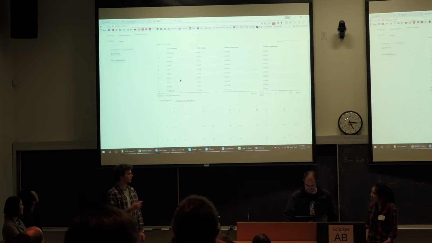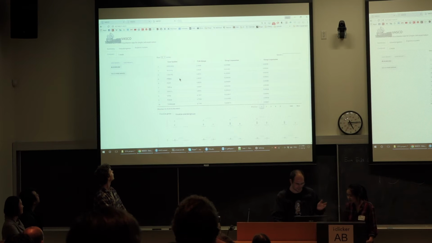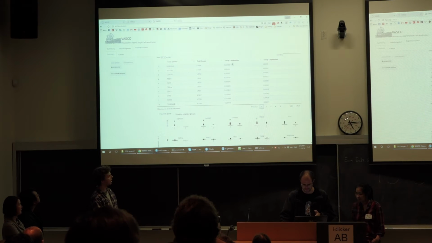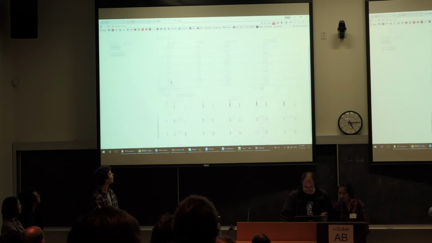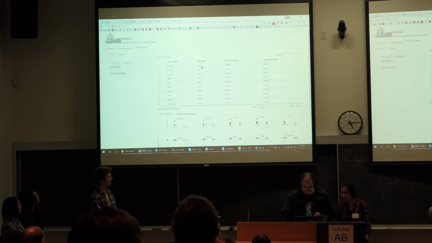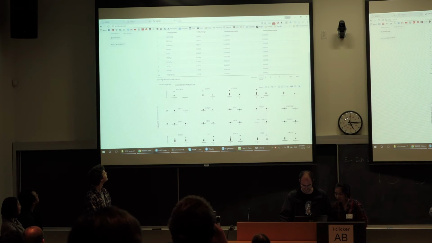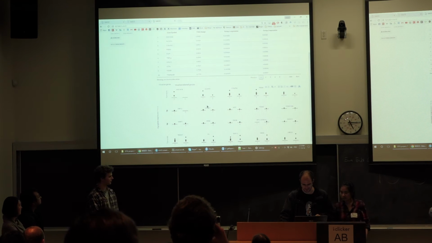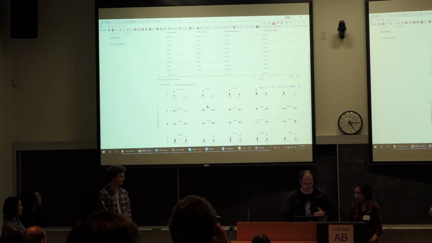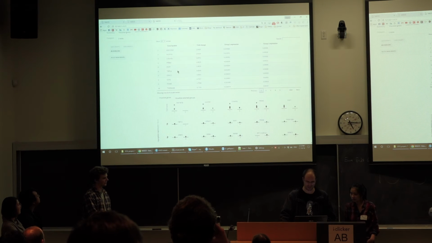So, Ogun, do you want to talk about it? Sure. What we get as a result of this is the mean expression of the two groups that we just looked at, and the maximum fold change of the genes. And this can be sorted in any way, and if you really want, you can download the data as well. But since I am selecting a particularly poor cluster right now, the difference is not particularly high. But yeah, this data is downloadable, and by default, this shows you the top 20 higher expressed and under expressed genes between the clusters, but if you want to see the expression of any individual